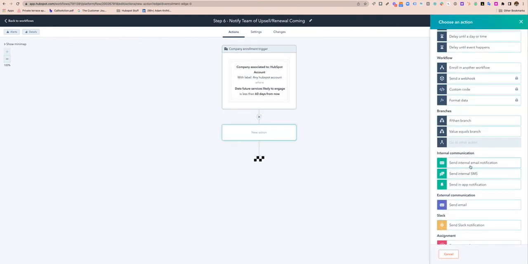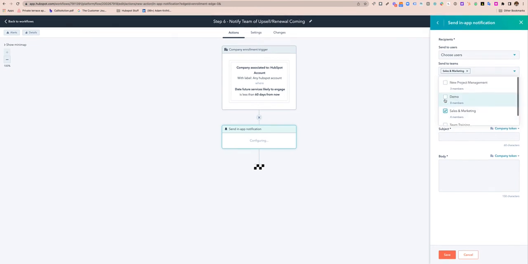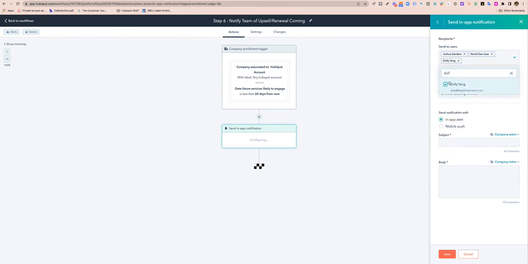We can send an in-app notification to the sales and marketing team, but we can also just send it to users. So we can go ahead and choose our account managers and CSMs and all of those people and our marketing leaders, as well as Director of Client Services, to know that